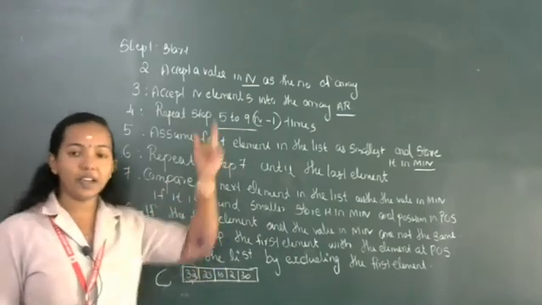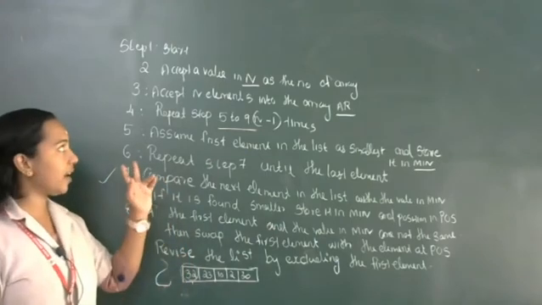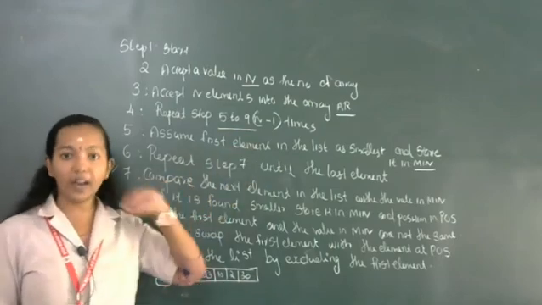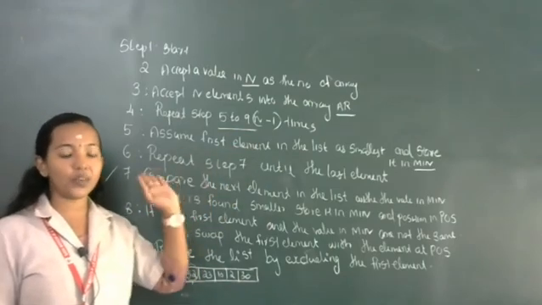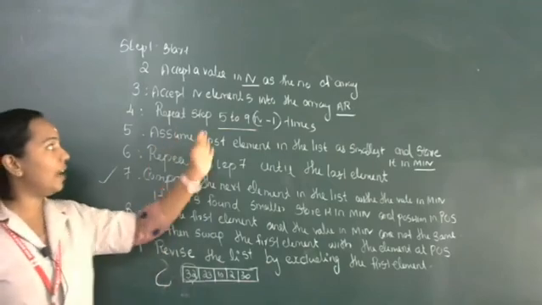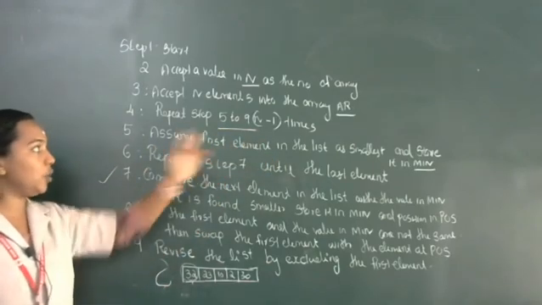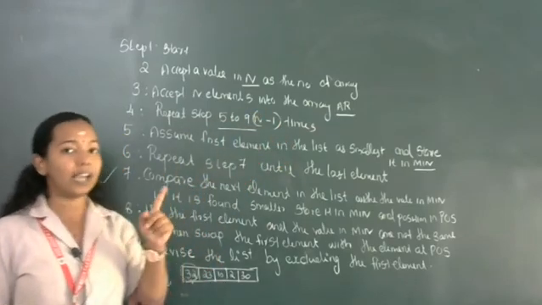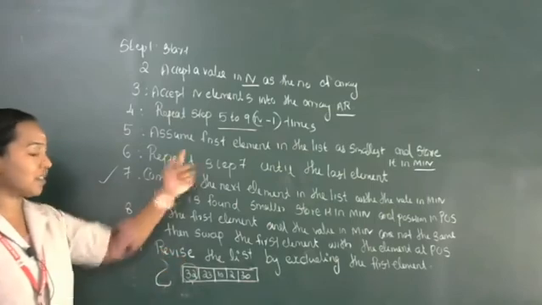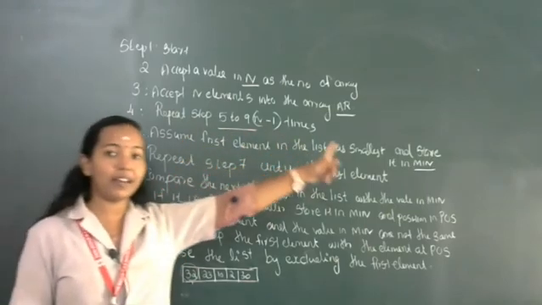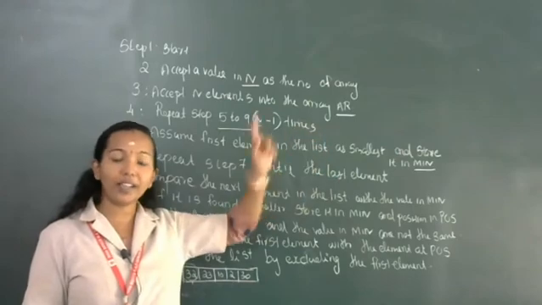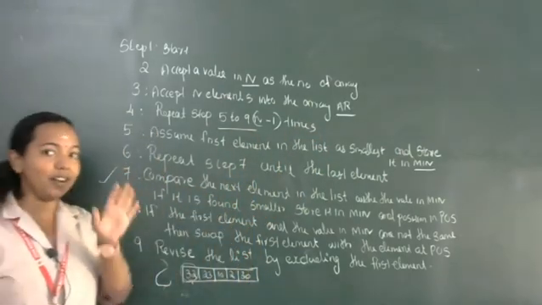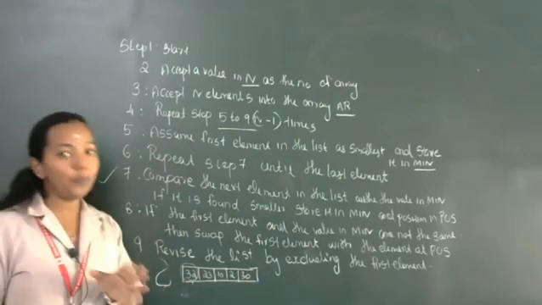So again I will repeat. What is the first step? Start. Second step, accept a value in n, the maximum number of elements of the array. Then what is the array name? AR. We are storing n elements into the array AR. Then you want to repeat steps 5 to 9 how many times? N minus 1 times. That means we are executing the passes. Then we are assuming the first element as the minimal element and storing it in a variable called min. The first element we store in min and its position in POS.